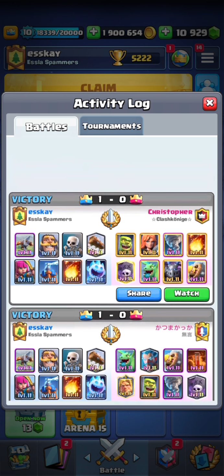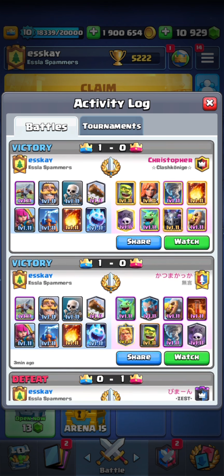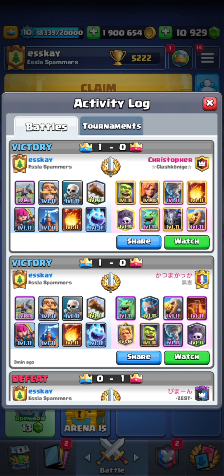I'm playing against a lot of graveyard decks, surprisingly, but none of them with Tombstone. Tombstone was also buffed, which is interesting to see, I guess, since people don't really want to try it out, but I think that new Tombstone's actually really strong. So that's interesting, but yeah, I also think maybe I over-defended my Xbow the first time around, which is why